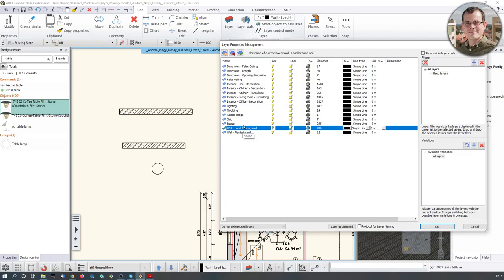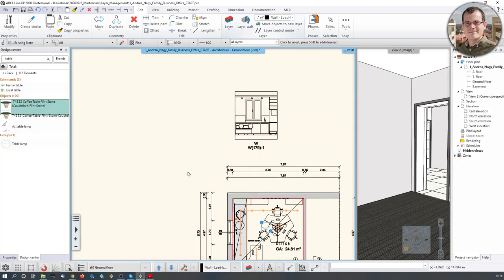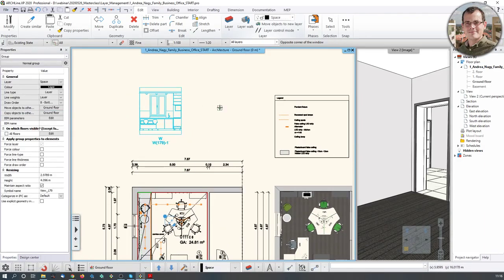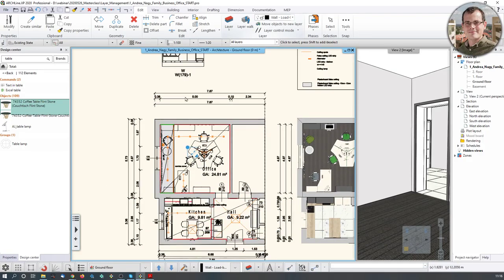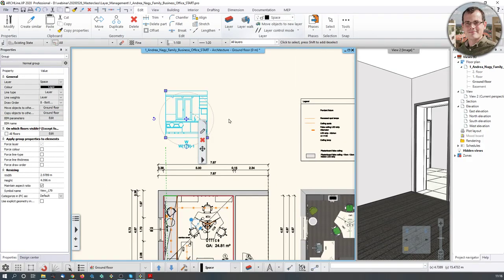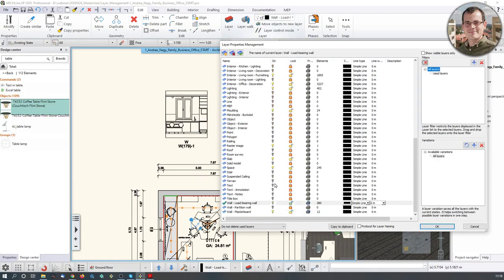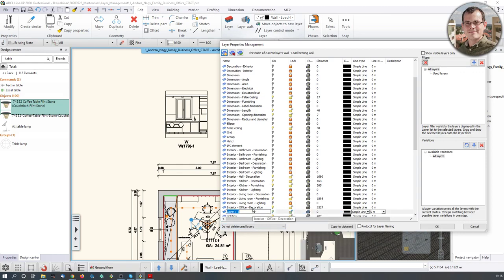In fact, let me show you how to relocate things from one layer to the other. But first, I have to get rid of this thing. So we learned how do layers come into the picture? The software creates them. If you have a new item selected, then the software creates a new layer for them. But what happens if you have an element like that? This is a wall elevation generated from the kitchen, and I want to put this into another layer. So what do I do? I go to the layer manager, go to all layers, and now I'm going to find a layer which I like. There's no layer called wall elevation, so I just have to create a new one for myself. So I click on add new layer, and by clicking on it I can name it wall